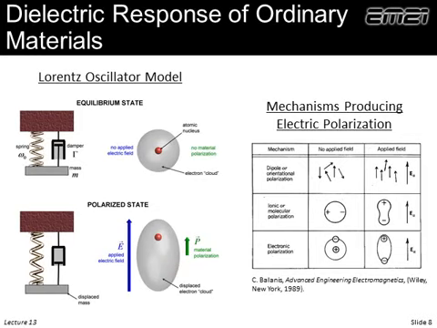If we release the electric field, that electron cloud sort of sloshes back to its neutral position, but it bounces back and forth like a mass on a spring. Now this oscillating charge radiates a little tiny secondary wave. That wave combines with the applied wave out of phase and produces an overall slowing response due to the interference, and this is averaged over millions and billions of atoms, and we call that the dielectric response of a material.